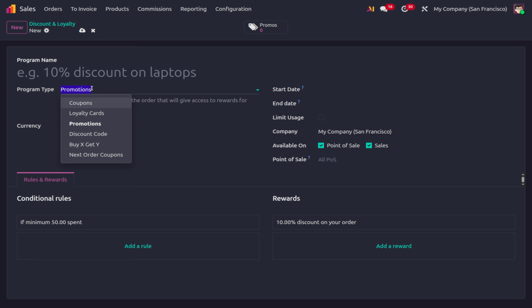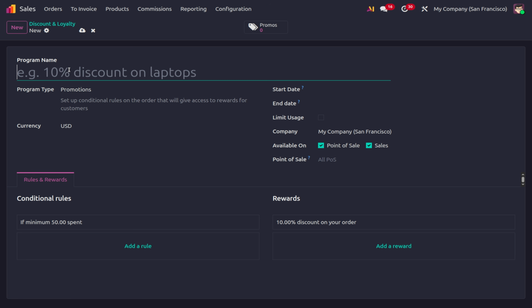Here, Odoo provides 6 different program types: coupons, loyalty card, promotion, discount code, buy X get Y, and next order coupon. First of all, we can discuss some of these programs. So first of all, we can choose the program type as